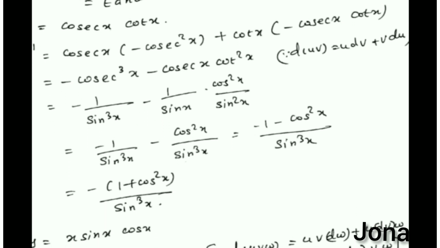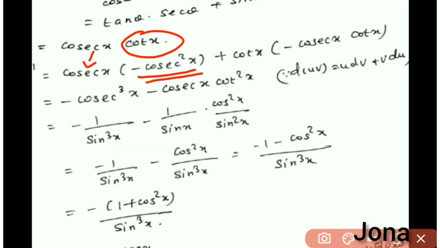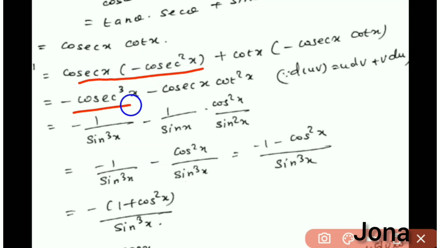Fourteenth sum, y equal to cosecant x cot x. Here we want to differentiate this as y dash equal to, keep this cosecant x as it is and differentiation of this cot x is minus cosecant square x. Now keep this cot x as it is into differentiation of this cosecant x here. The differentiation of cosecant x is minus cosecant x cot x there. Then we simplify this as minus cosecant cube x here and here minus cosecant x into cot